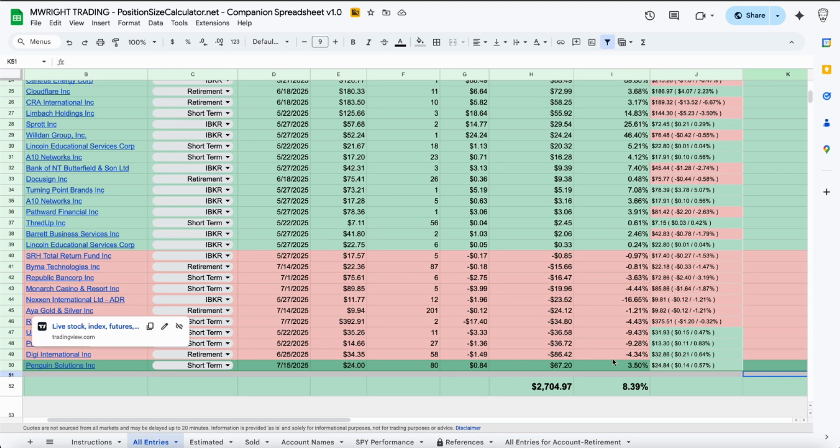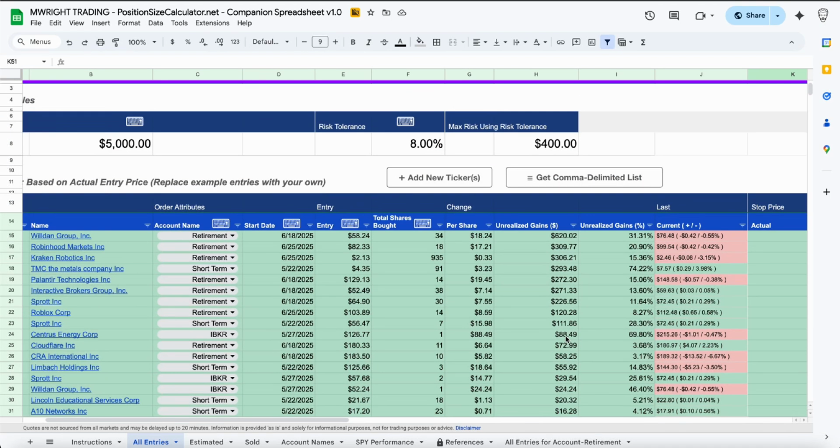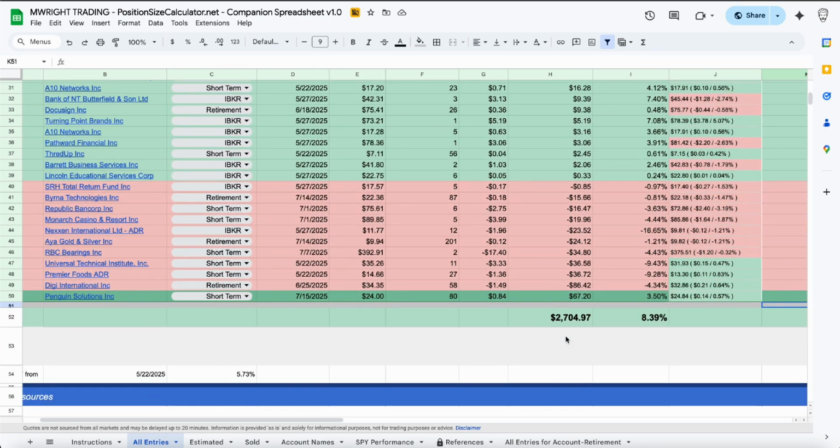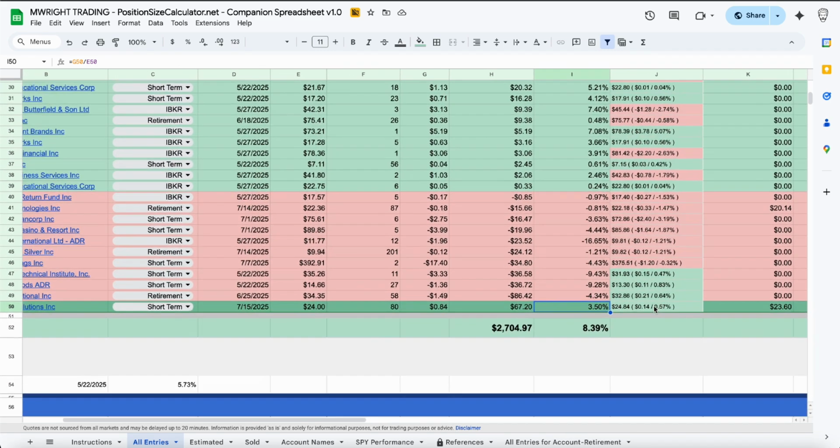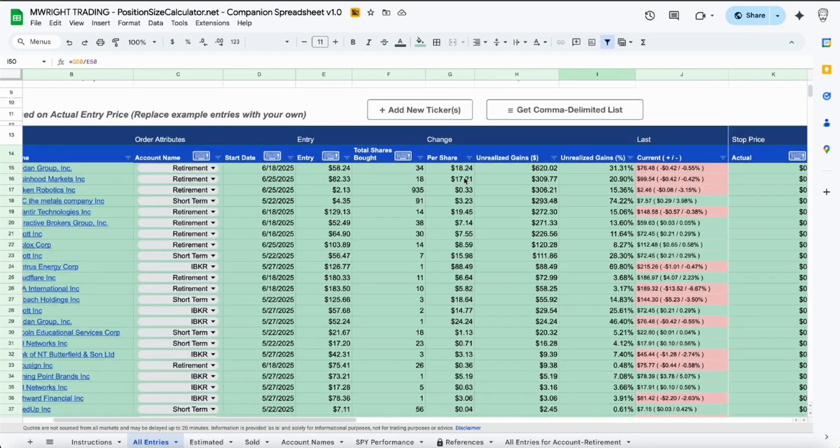Let me make sure I have these prices right. 67.20. Got it at $24. This is DG50. Okay. We went up 3.5%. All right. That looks good. So the next thing I wanted to talk about was the fact